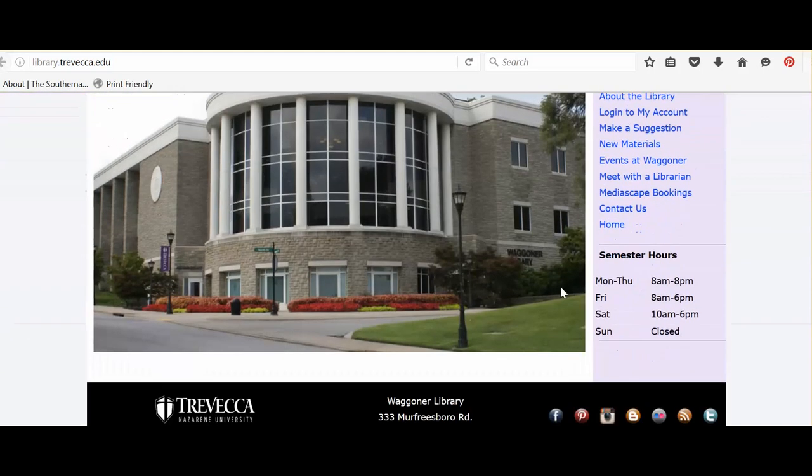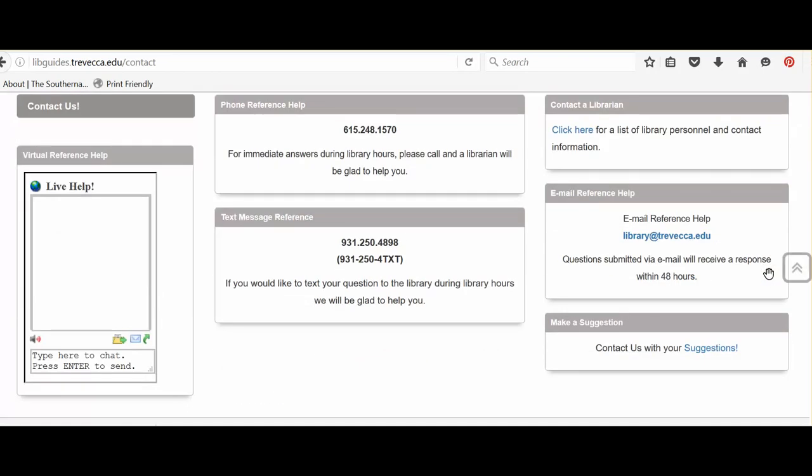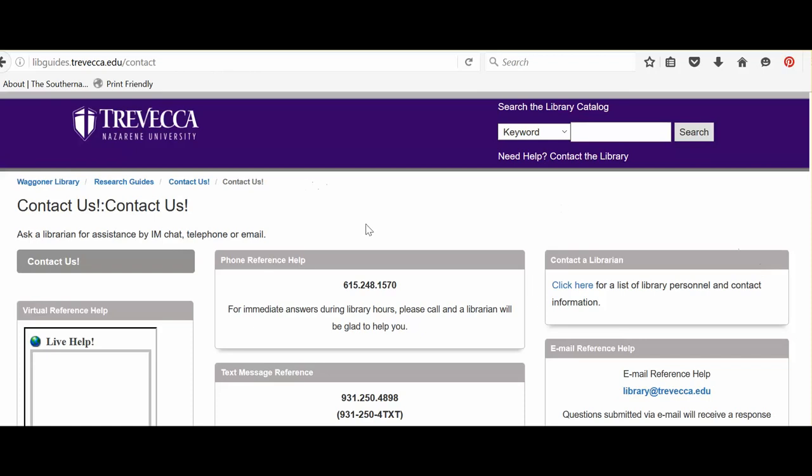On the home page is another link to contact us if the chat wasn't live. Chat is live when we are open, so if it's after hours, use the Contact Us page here, and you have email option to contact us once the library is closed.